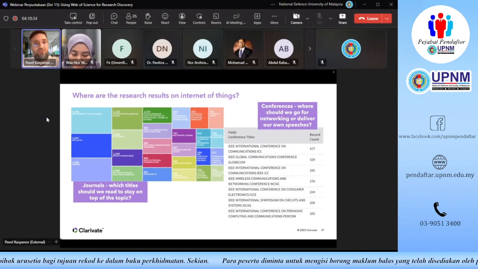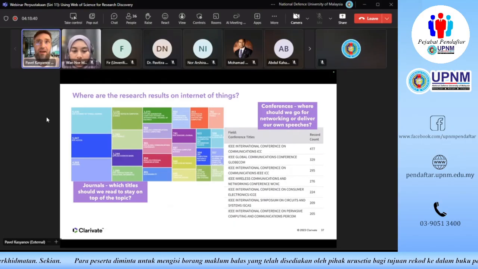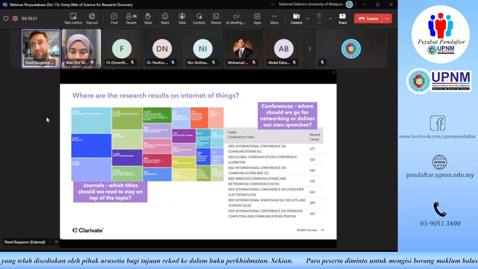If I am a researcher, I want to make sure I follow these journals. So I might set another search in Web of Science for these journals and subscribe to alerts for them. Each time these journals publish a new volume or new issue, I get alerted, and I can read the contents of the fresh issue.